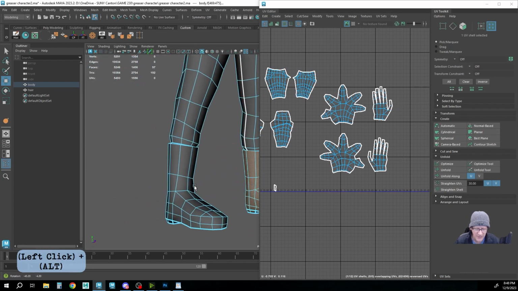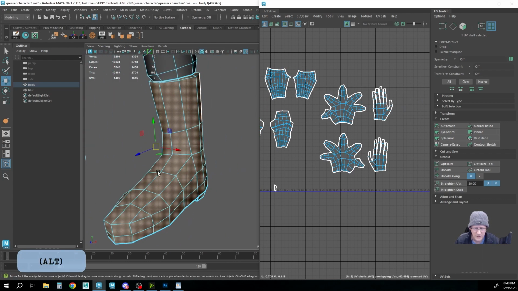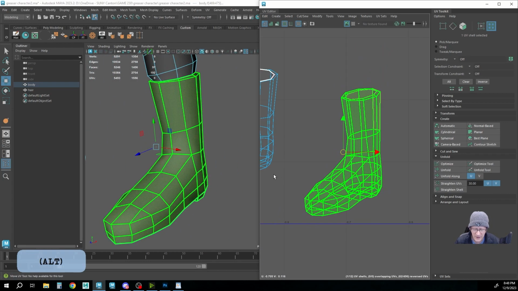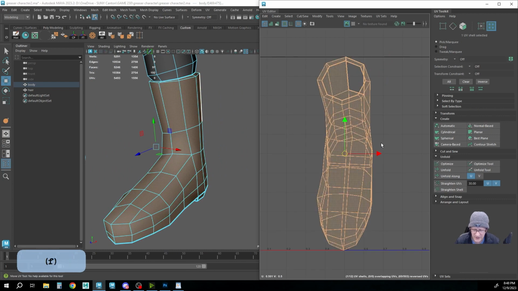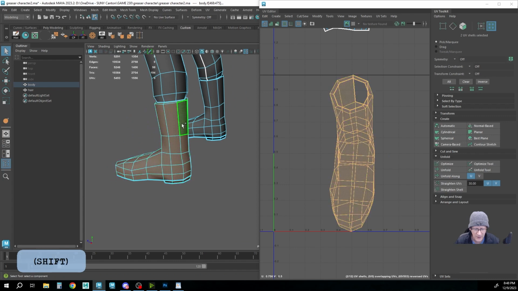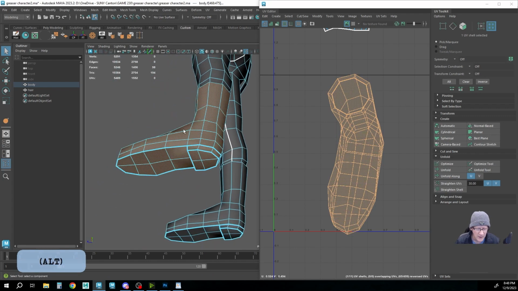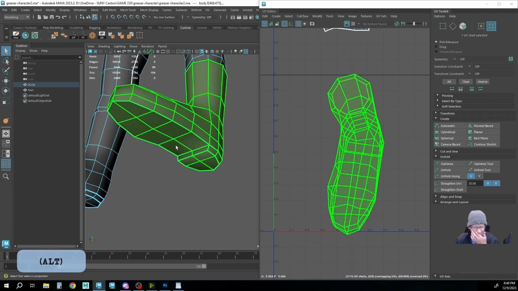All right, so because I have the pants there selected, it should do the whole thing. So go over there. We do normal based. It's going to look funny. Oh, wait, we're missing something. Normal based. There we go. Now, so what we're going to want to do here is